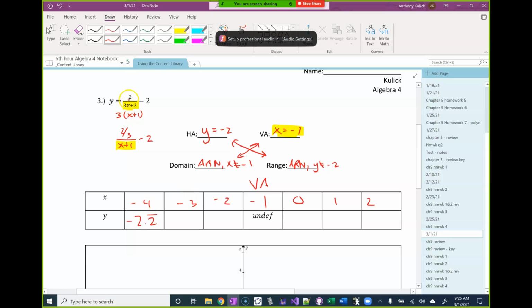And that's going to be 2 over -6. That's -2 and 1/3. And that's going to be 2 over 3. So that's going to be -1 and 1/3. And 0 is